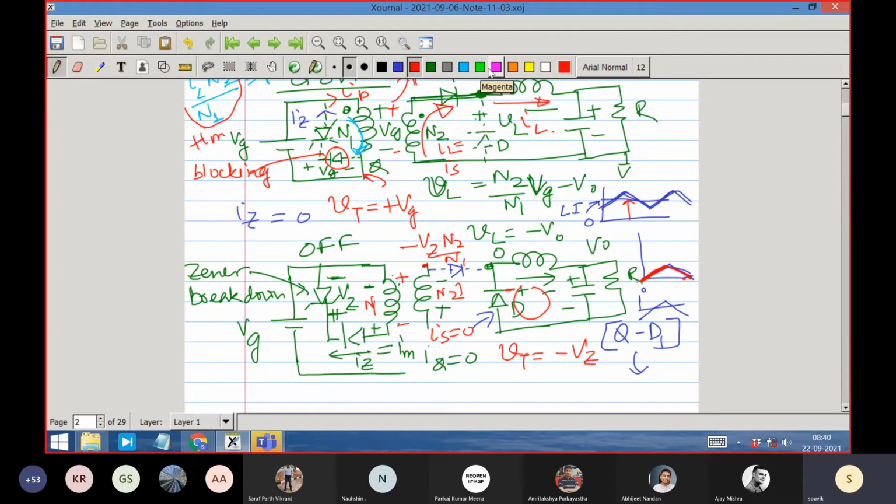So, but the transformer has only one complaint. I have raised my flux level a little bit, because there was a voltage across it and my own inductance is there. So I have raised my current. This is the magnetizing current I have raised. So what to do about it?